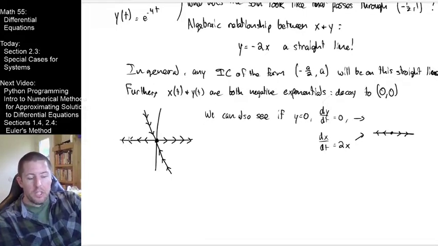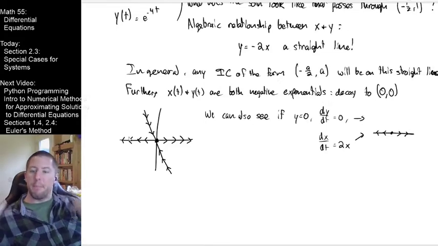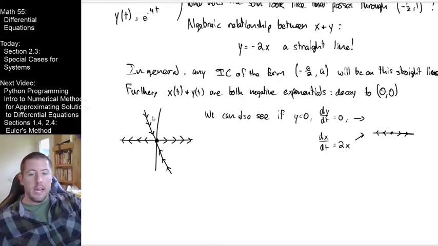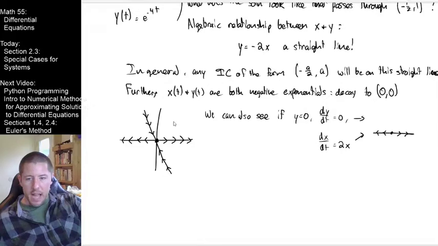Straight lines are really the only shape that's sort of guaranteed to chop the plane in half, basically. So we can now see that there are 4 quadrants in which our solutions are guaranteed to all live. And I say quadrants sort of loosely right here, but if you start in this upper right region up here, you're going to stay in the upper right region for all time. It's got to be the case. We can't cross over these straight line solutions. So having 2 straight line solutions